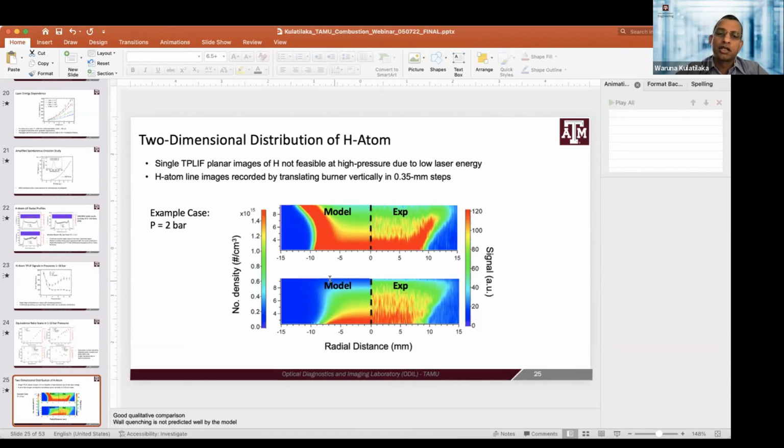So again, the question is, is the model taking that into account? Well, what you need to keep in mind is you have the stabilizing disk right above here. So there is some kind of a heat transfer effect going on in here. You would think the experiment will show more quenching effect from the stabilizing disk, but in this particular case, it's showing the other way. It's a little bit of an open question at the moment. We don't know. Okay, great.